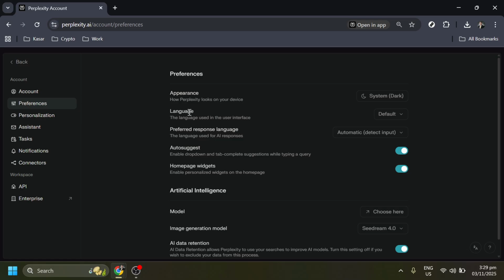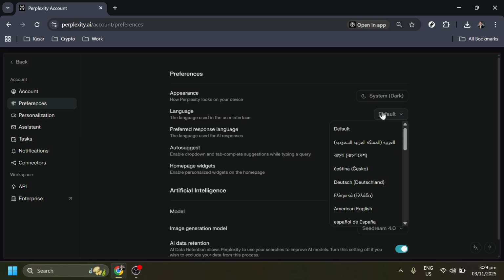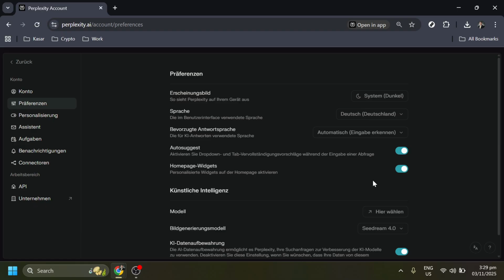So, if you're looking to change the interface to Deutsch, for example, simply click the drop-down menu, scroll or search for Deutsch, and select it. This action will immediately change the language for your user interface, helping you navigate Perplexity AI in the language you're